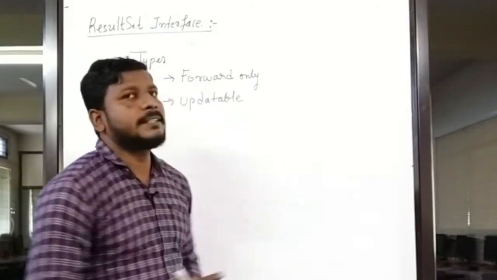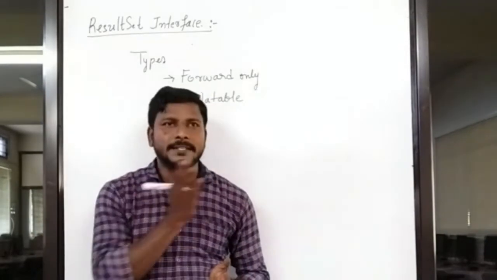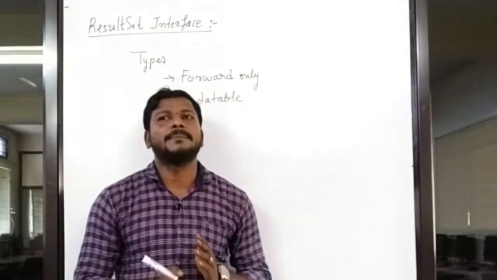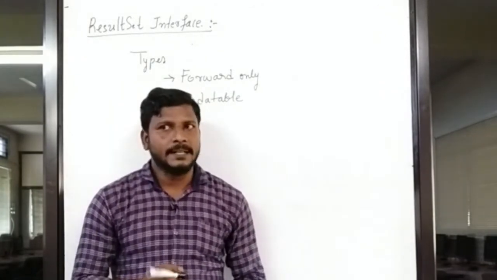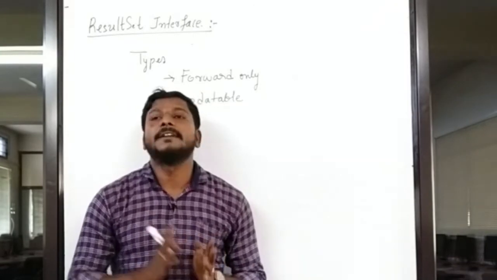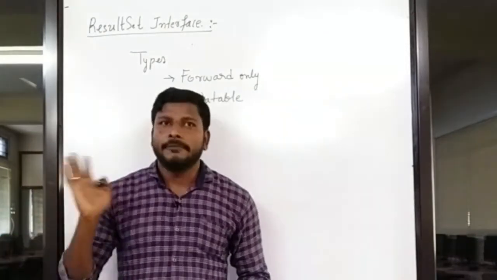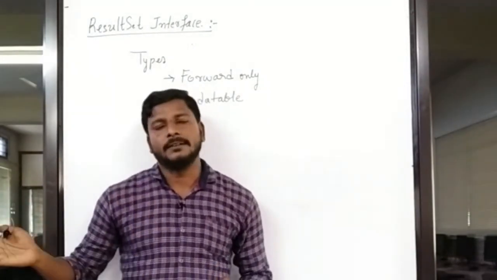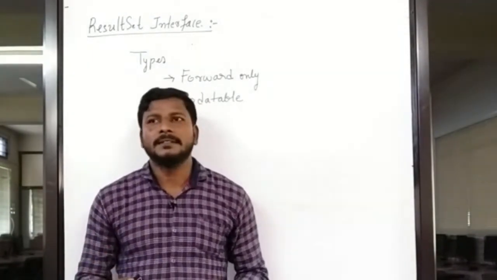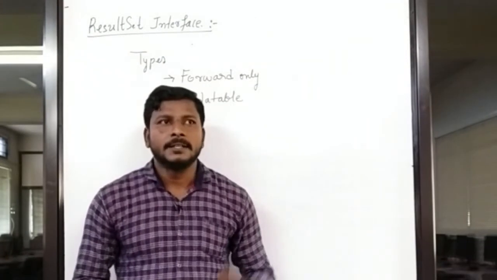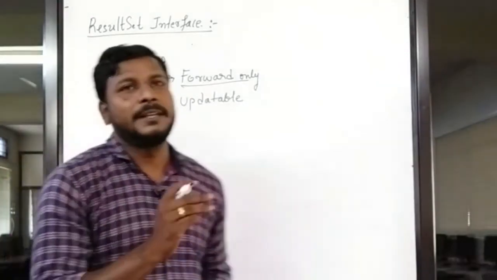And the second one is the updatable result set. There you can navigate in the forward direction as well as the backward direction, plus you can update the values of the result set. If you are doing an update in the result set, that will not reflect in the table. Finally, if you want to update the same things in the table, then once again you execute an update query and you can update the values in the table. All right, so these are the two. By default, the forward only one is the default, where you can do only forward navigation.